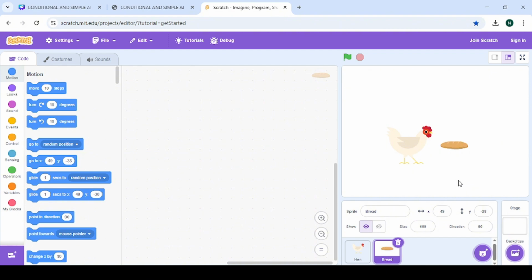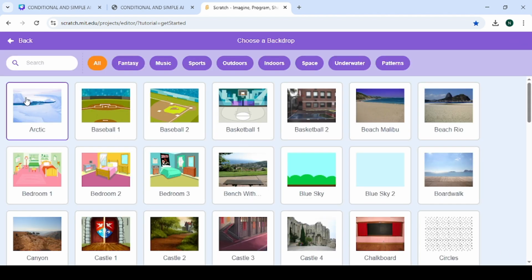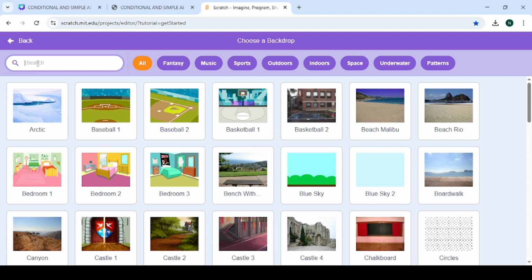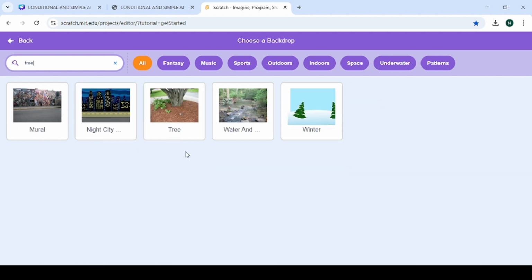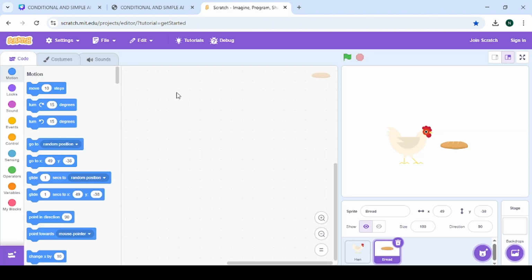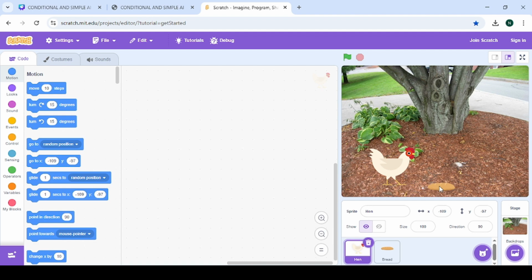Right, so now it's time to choose our backdrop. We'll go to our backdrop, come to this search tab, and you type in tree. All right, our tree is here. You click on it. So let's shift our hen here and then get our bread closer. Okay, so we are going to code now to make our hen eat the bread when we click on the